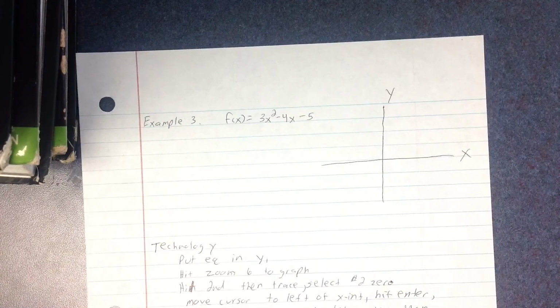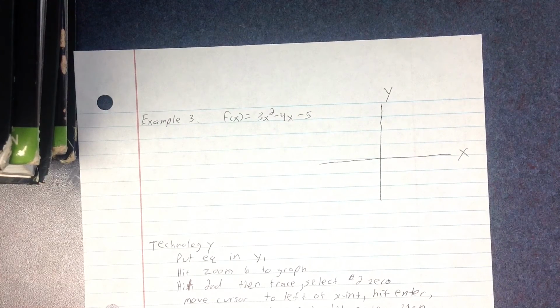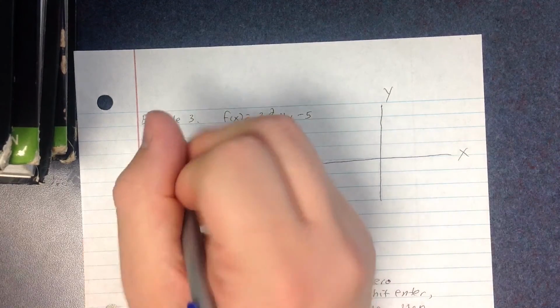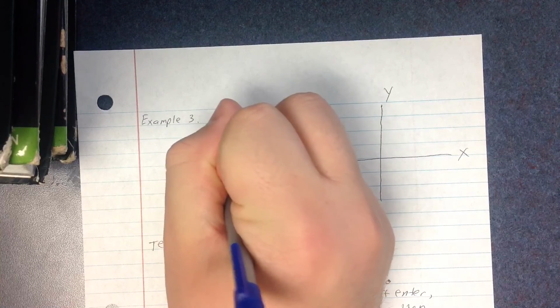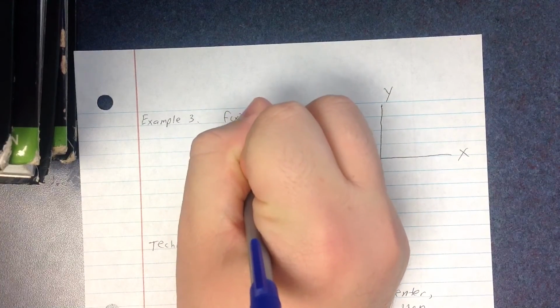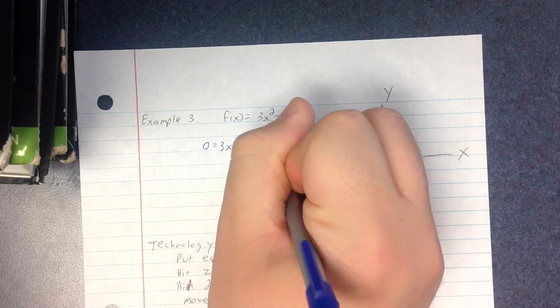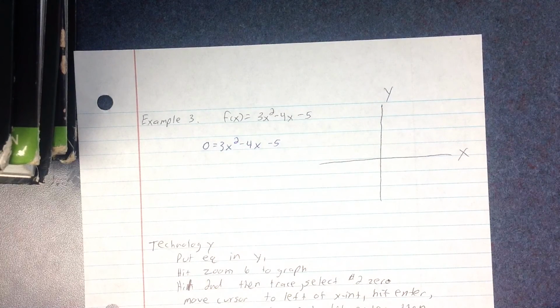So number 3 that we're going to look at is f of x equals 3x squared minus 4x minus 5. Again, we plug in 0 for f of x, so I get 0 equals 3x squared minus 4x minus 5. Now if